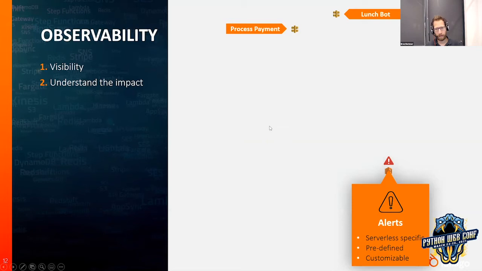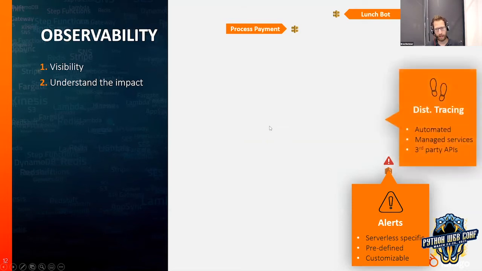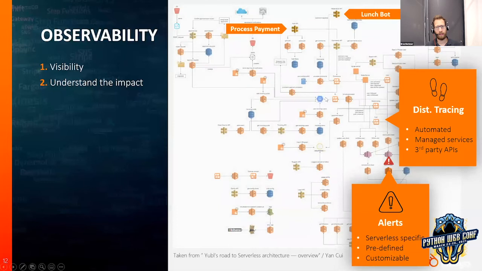Especially since once you understand what's going on, you understand that this is your architecture. So you really need a way to visualize this and understand what's happening, but in a very specific way. You want somebody to be able to tell you the story of that specific request, going across all these services. This is one request that had an issue coming from the process payment service or API. That's critical. We need to make sure we know how to fix this.